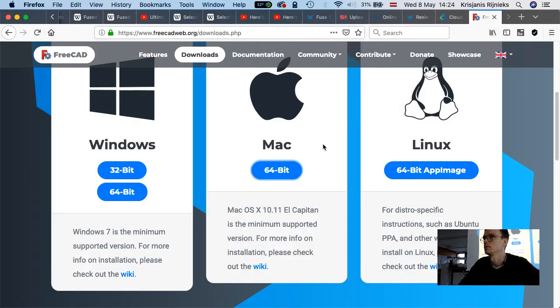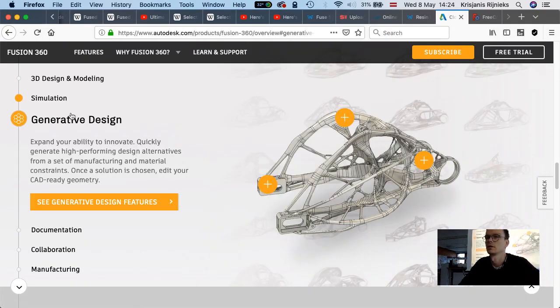Just download it and run it. But Fusion is not for free. Yeah, that's true. Well, yeah. So